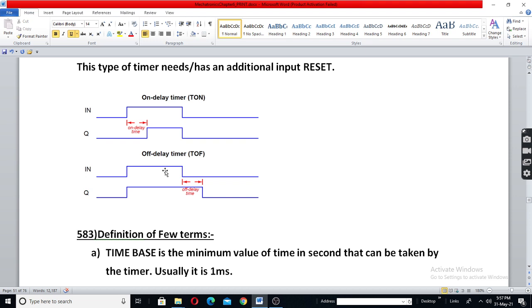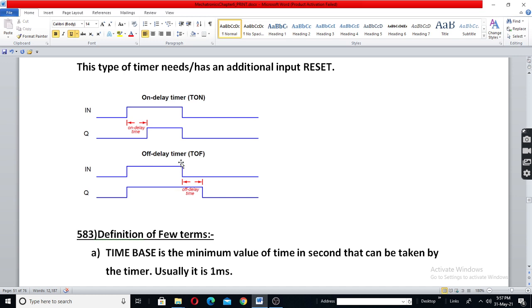Now next comes the off delay timer. Off delay timer means during switching on, output follows the input. Means when you switch on the input, output also will become on. And during switching off process, delay is provided.